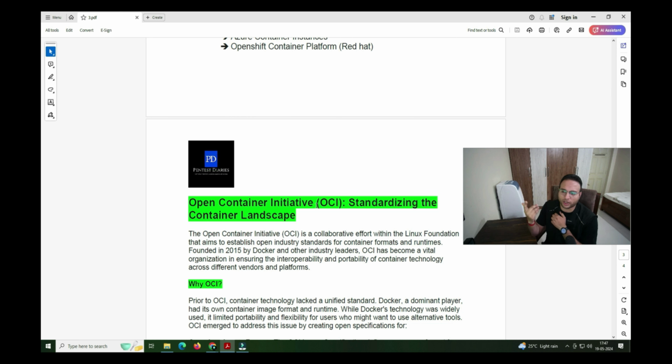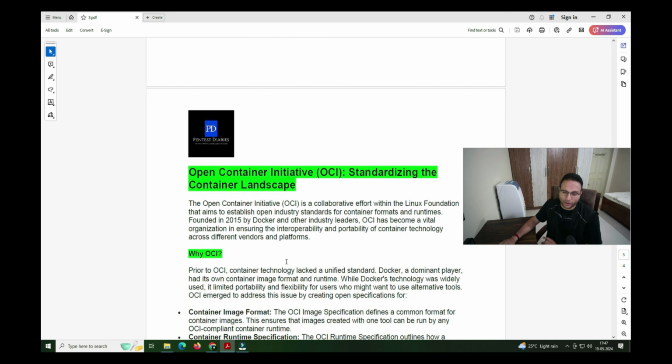Talking about Docker-based images, we can utilize them only in Docker. No, nothing like that. In the future we can utilize them in such a way. Earlier that was not happening, but once OCI was introduced in the market, the standards got defined and everyone has to follow them. So now, a lot of theory about it.